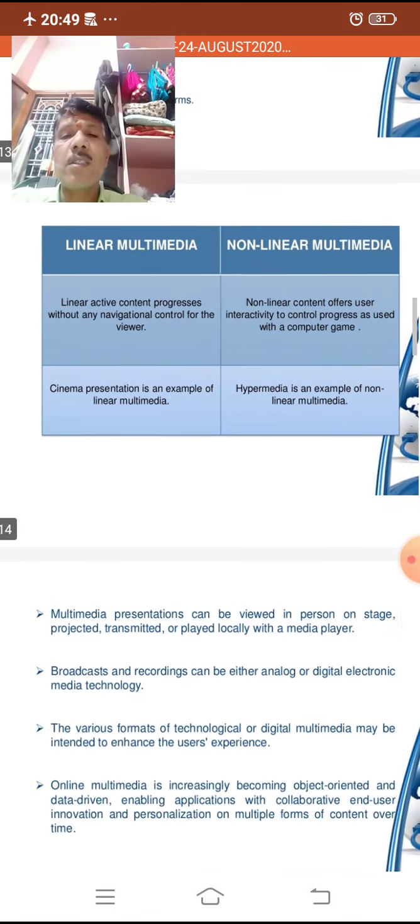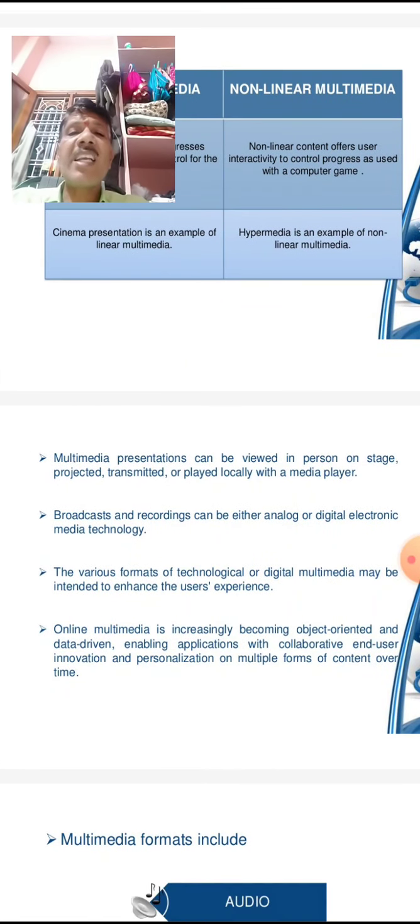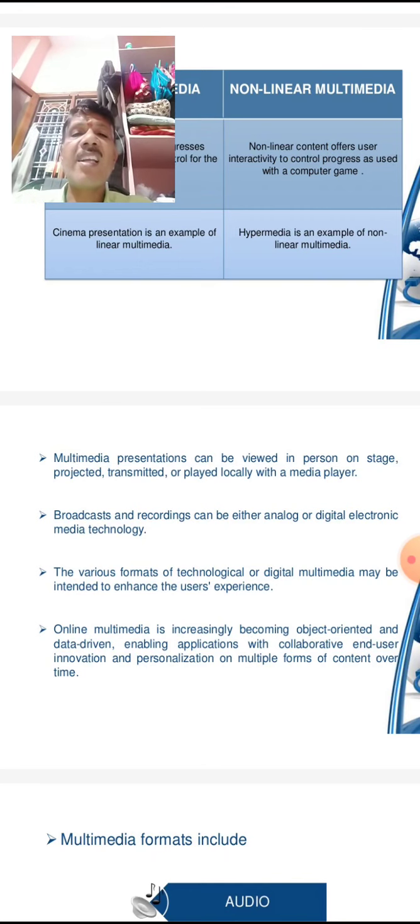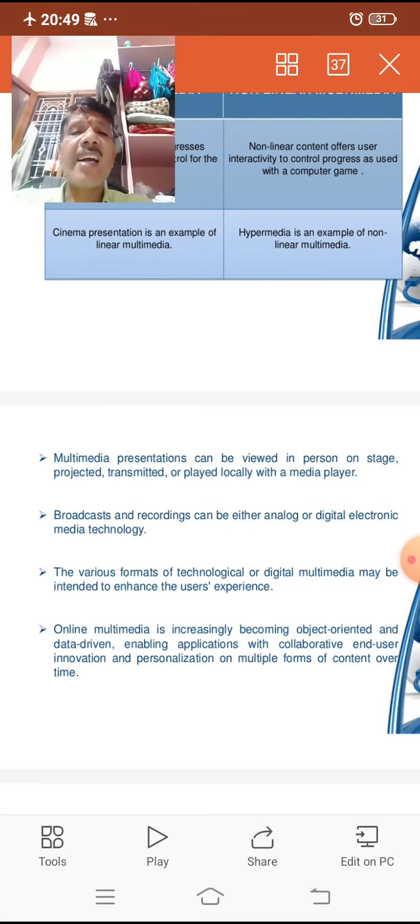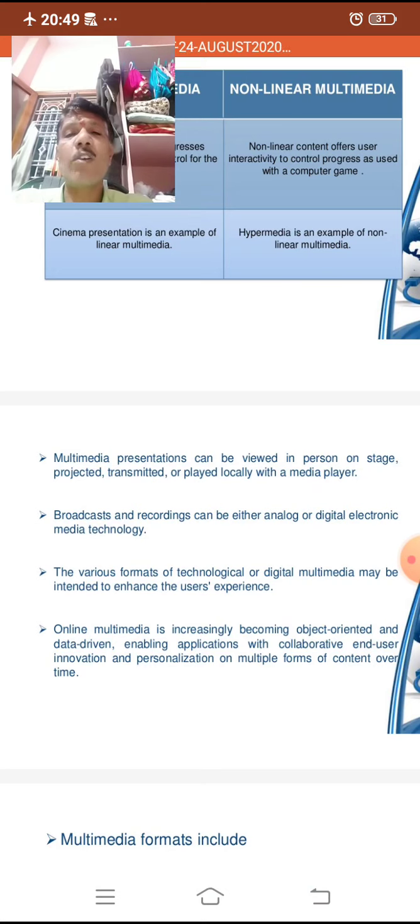Then, multimedia presentations can be viewed in person on a stage, projected, transmitted, or played locally with a media player. Broadcasts and recordings can be either analog or digital electronic media technology.